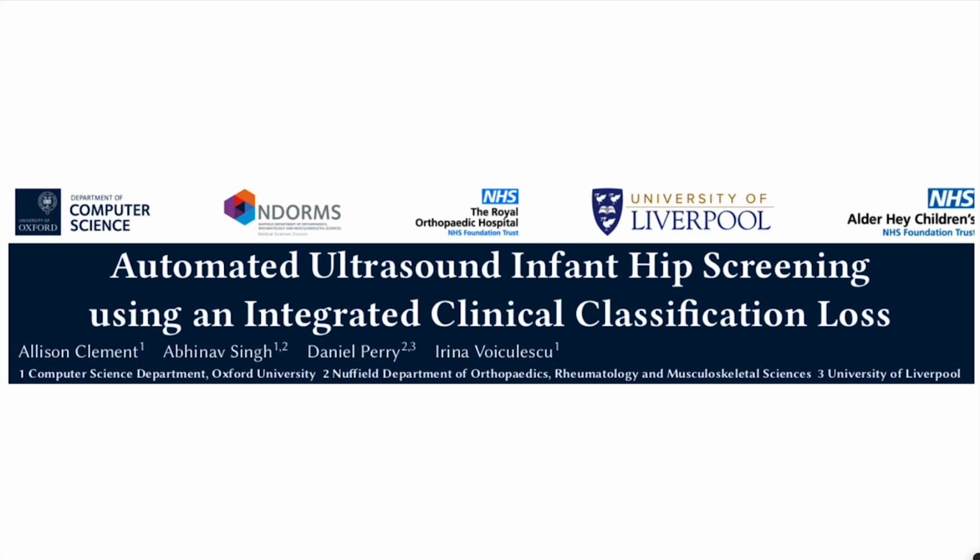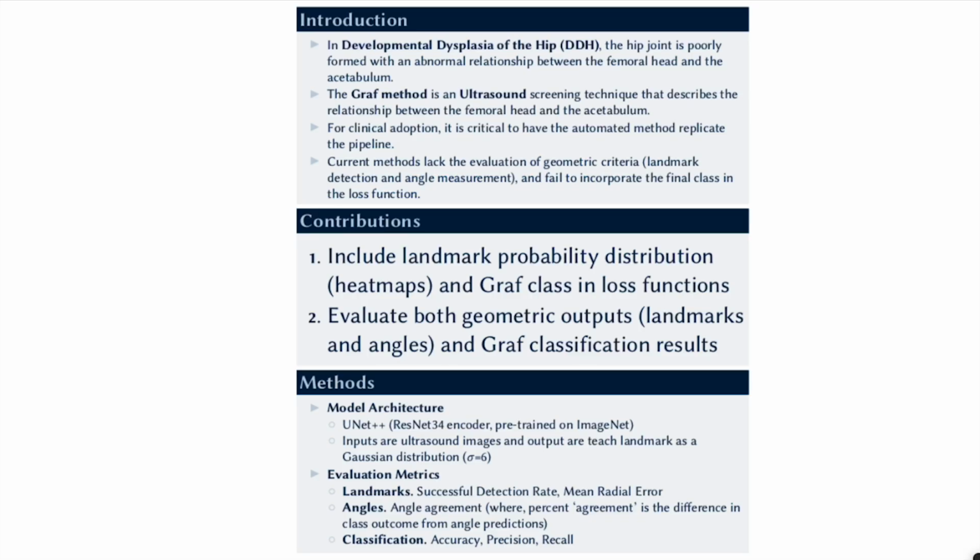Developmental dysplasia of the hip, or DDH, is a disorder amongst infants where the hip does not form properly such that the femoral head is poorly located within the socket. The Graf method is an ultrasound-based screening technique in which lines are drawn through anatomical landmarks to characterize the deformity. The most important feature of the Graf method is an angle termed alpha, which is used to define severity and